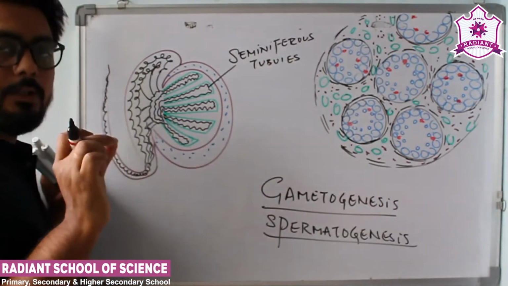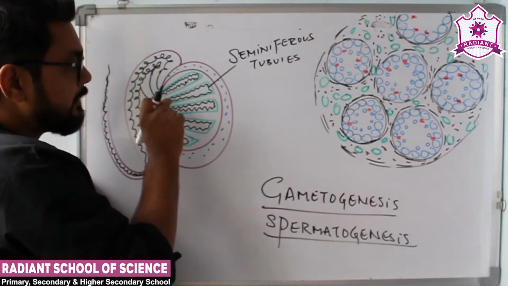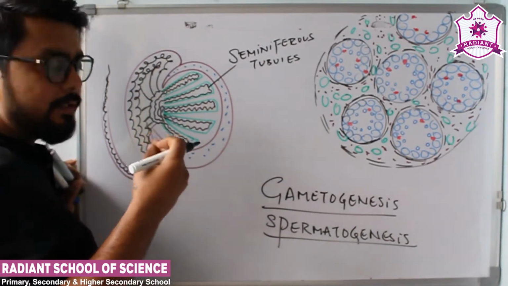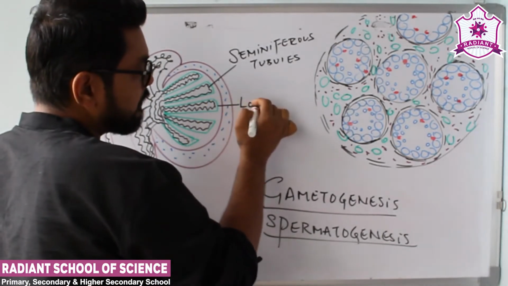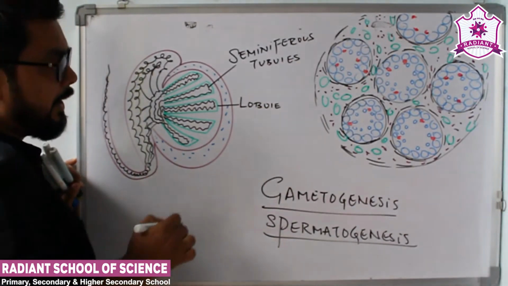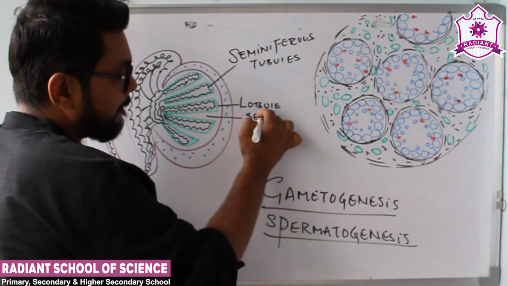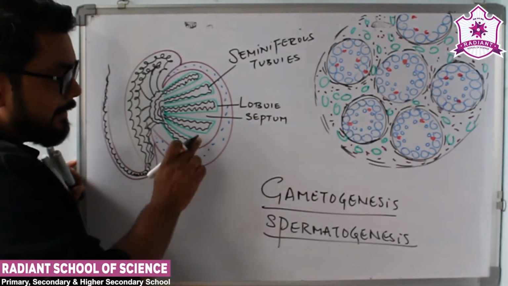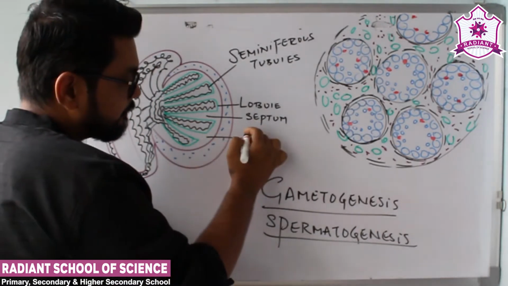जो sperm का production होता है, that is taking place in the seminiferous tubules. You can see the seminiferous tubules here. They are coiled up and forming a structure which is known as the lobule. The whole structure is known as the lobule. You can see those gaps between the lobules. These gaps are known as septum. गैप को कहा जाता है septum,